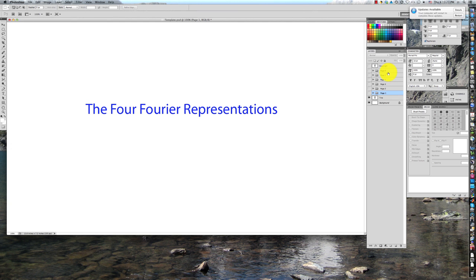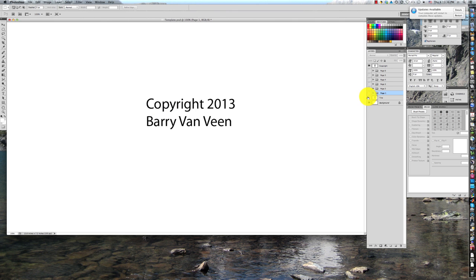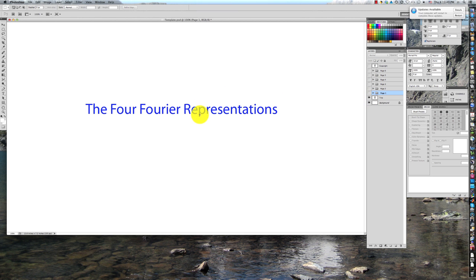I've never gone to 6 pages, I don't think, at least in terms of trying to keep a lecture to 15 minutes. And then I've included just a copyright text at the end, and you can see that if I turn one on and I don't turn the other off, that they overlap one another. So when I go through this while I'm speaking, I simply am clicking on the different layers that I wish to be visible. So let's go back here to the title, and we can easily change that using the text